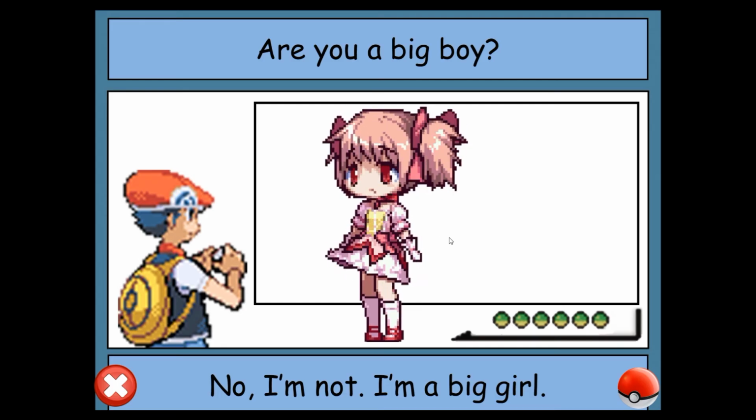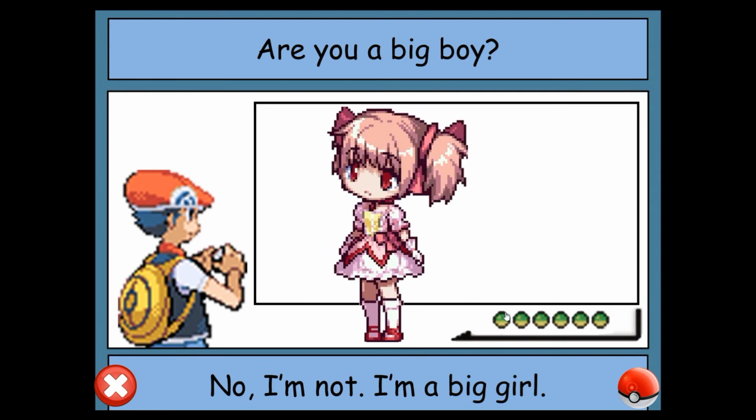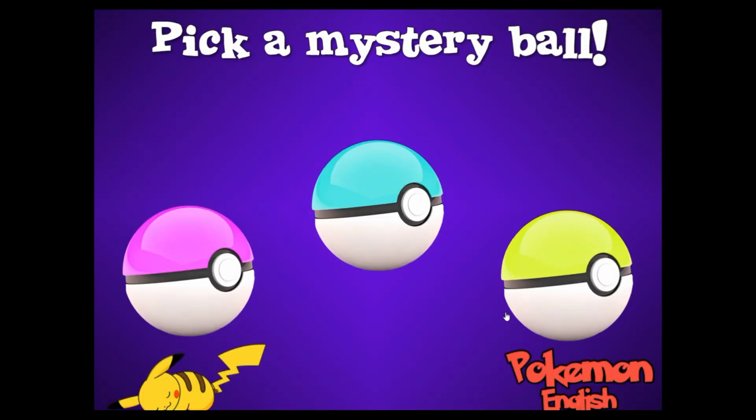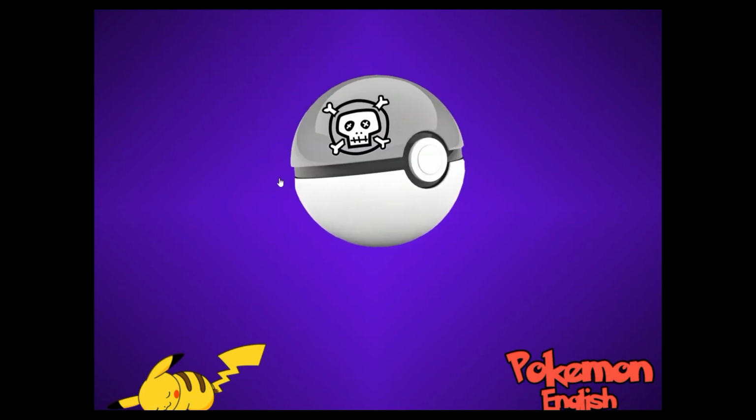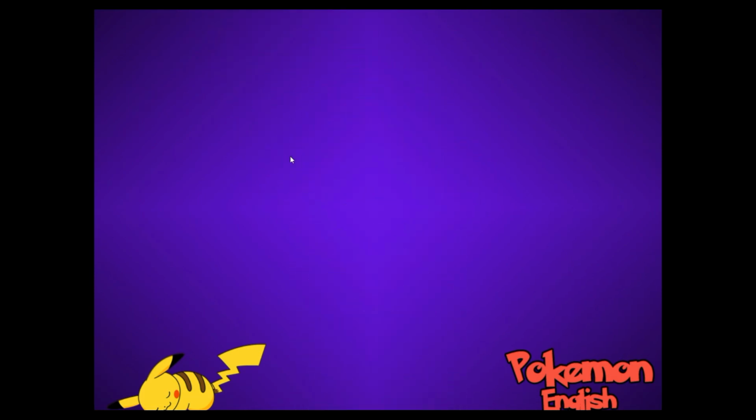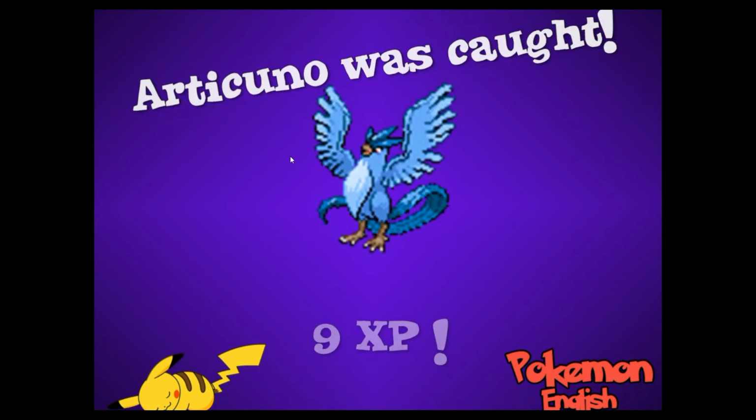Sometimes there are special events. So this one you have to choose which color Pokeball. Special Pokemon